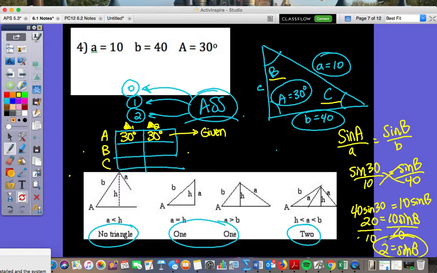How do I get B by itself? This is kind of pulling from other stuff. Inverse sine. Good. Both of y'all get 2 right there. I love it. Take the sine inverse of both sides. Now watch this. If this number is greater than 0, I'm sorry, back up. If it is greater than 1,